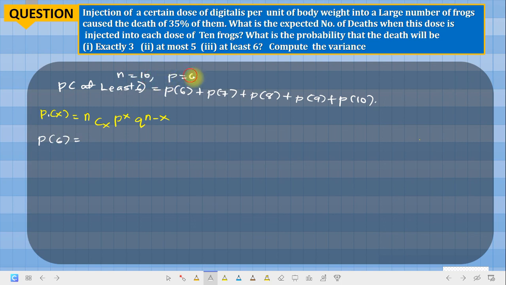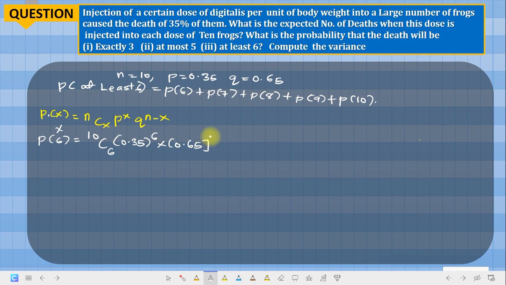Our p is 0.35. And our q is 0.65. Now, substituting for x equals 6, it means our x is 6. And this becomes 10 combination 6, then 0.35 raised to the power of 6 times